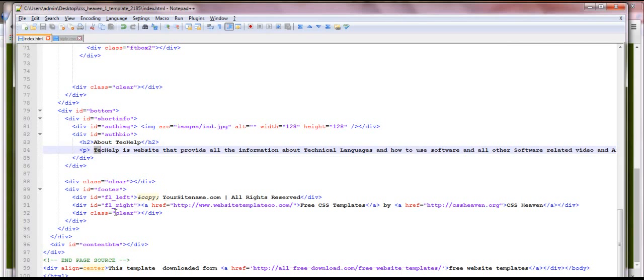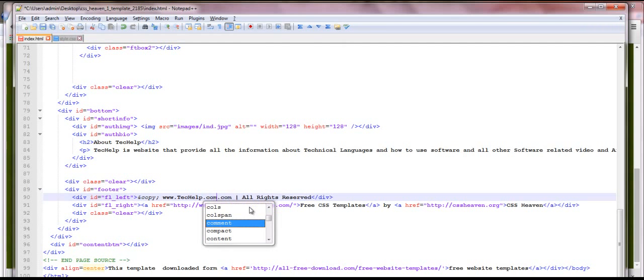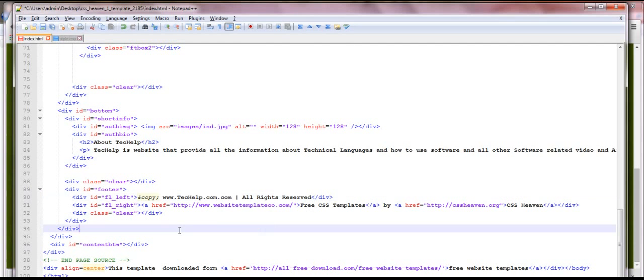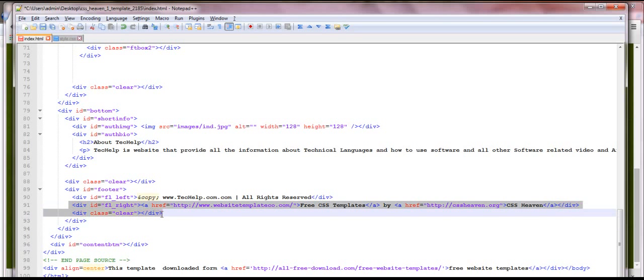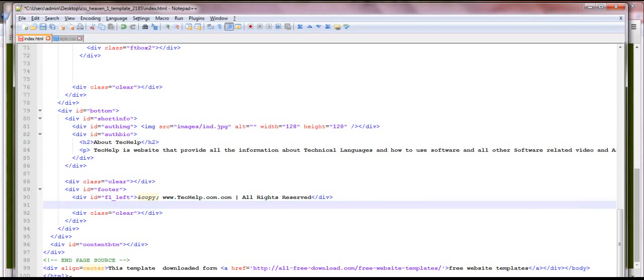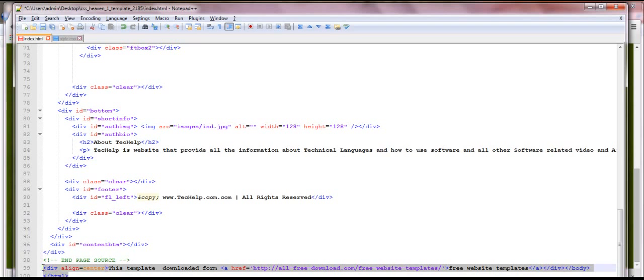And also here I can modify this as www.techhelp.com, all rights reserved, and then this is the template provider website. I would like to remove this information from here, and also remove the information at the end of the page.